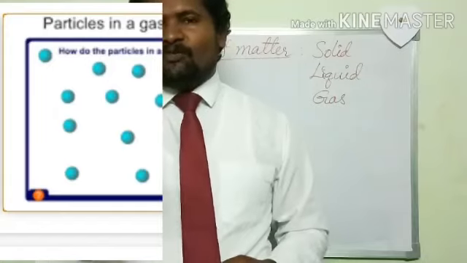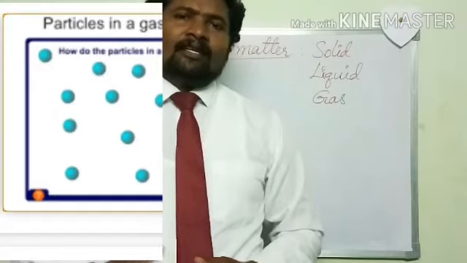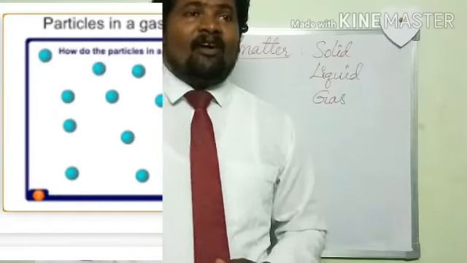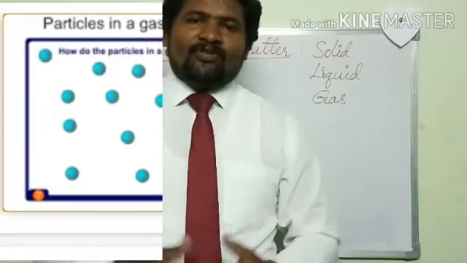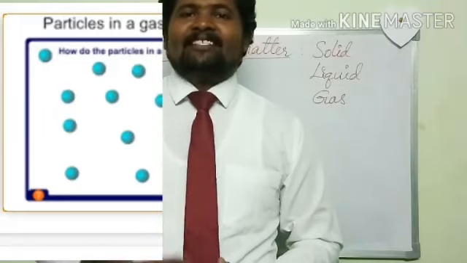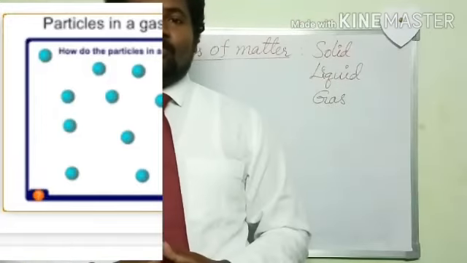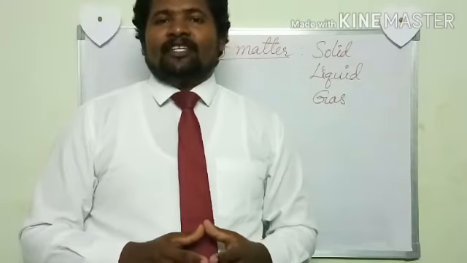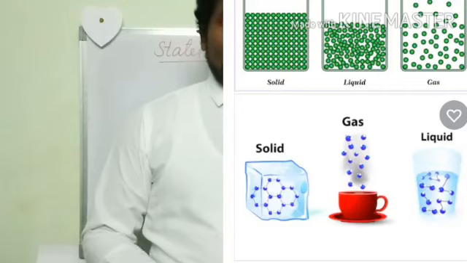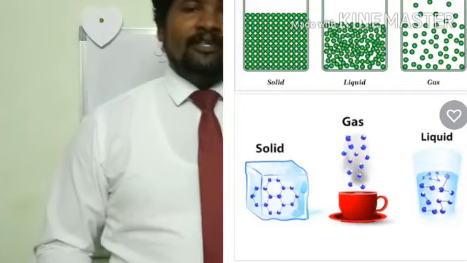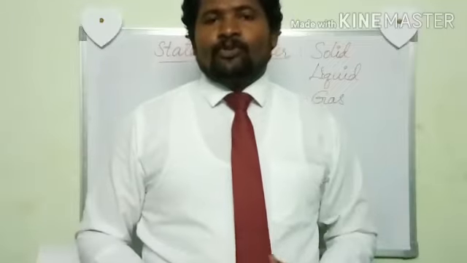Even if you release a small amount of gas at one corner of the room, say you press body spray, it will occupy the entire room. If your windows are open, those gaseous particles come out of the room, and you can even smell that gaseous substance outside. Okay students, these are the three different states of matter, and how these three states of matter attained their states, you also came to know.